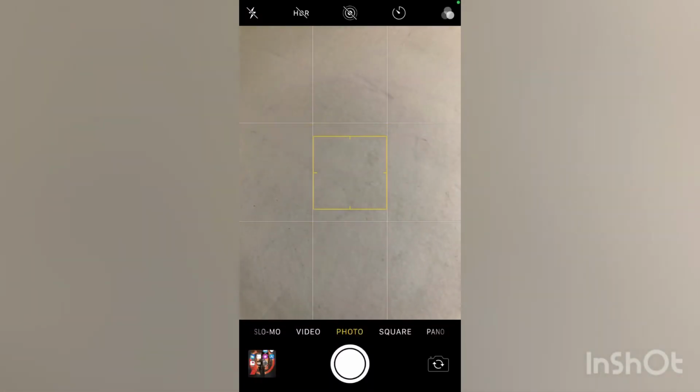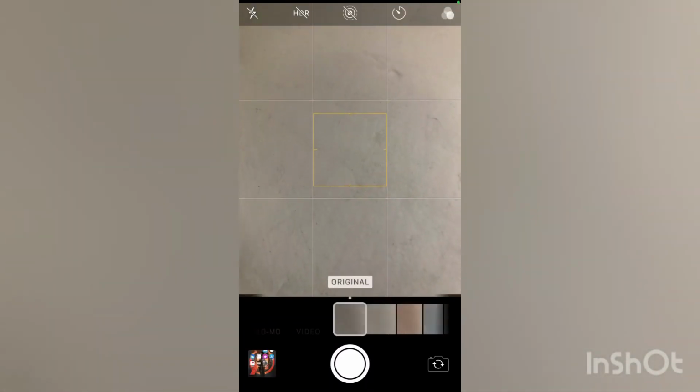Feature 7. Filter mode. Click the 3 dots button in default or square photo mode to select the photo filter. Feature 8. Timer mode. Click the timer button in default or square photo mode to select the timer to click